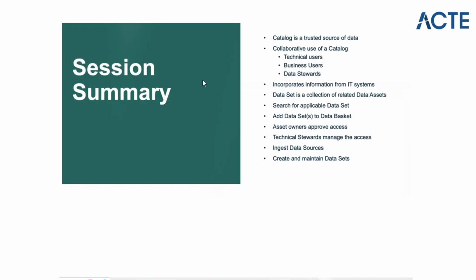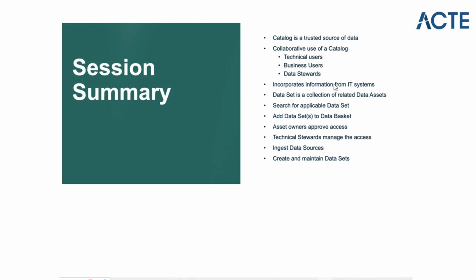Yeah. So overall, we have the catalog as a trusted source of data while doing all of these activities, and also collaborative use. If I want to ask something, or get approval from the technical stewards, or if they are looking into a data issue or a business system, I can configure the workflow. So I can collaborate with all the people in Collibra for using the catalog. For maintaining the catalog, I can ask for approval of the data stewards using any kind of workflow. We can collaborate with people on Collibra for maintaining the data in good quality. And also,